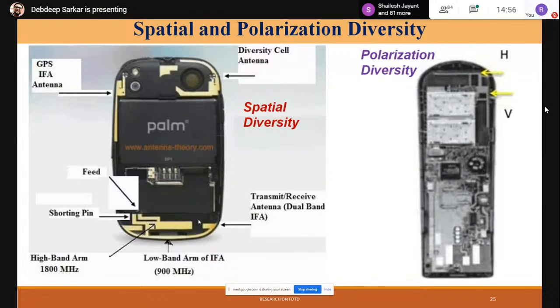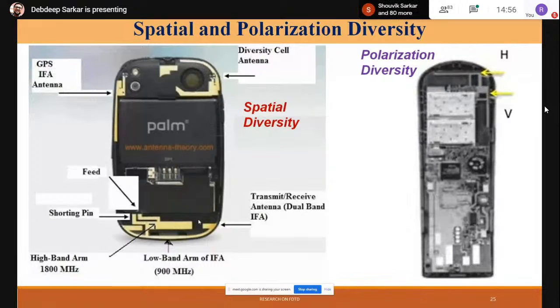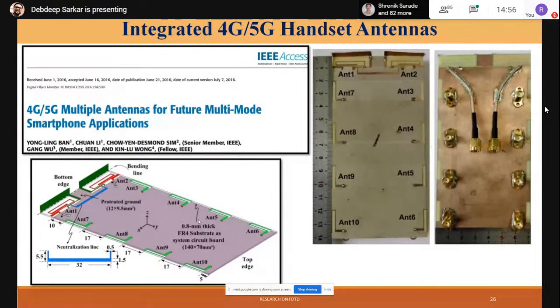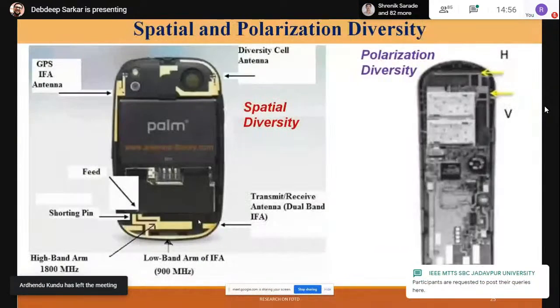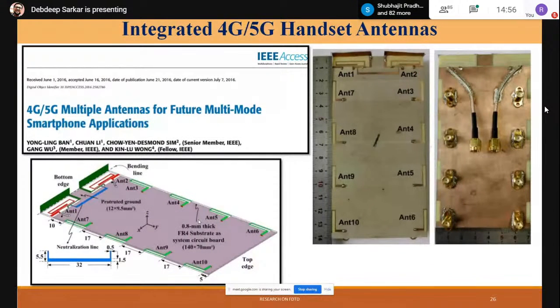So we cannot only look into the S parameters; we also have to look into the fields, and use the knowledge of the fields as well as the propagation environment to calculate this envelope correlation coefficient. For two antennas it is fine, but again, for multiple antennas, like in this integrated 4G, 5G kind of handset,